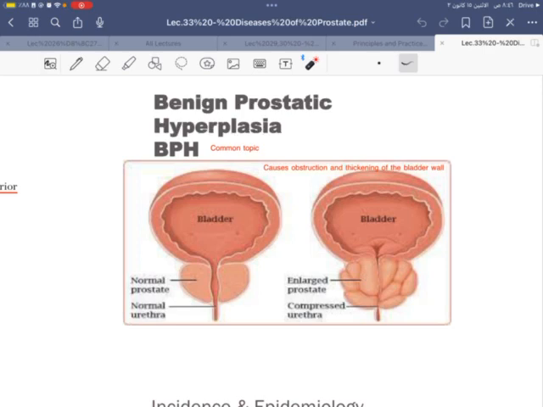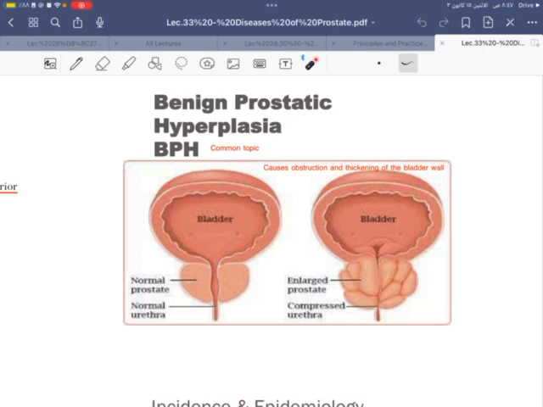As you see here in the picture on your left side, this is the normal prostate, normal bladder, normal anatomy, and the urethra is open. Whereas on your right side, this picture reveals benign prostatic hyperplasia, with external compression over the urethra, causing bladder outlet obstruction and secondary ultrastructural changes of the bladder in terms of